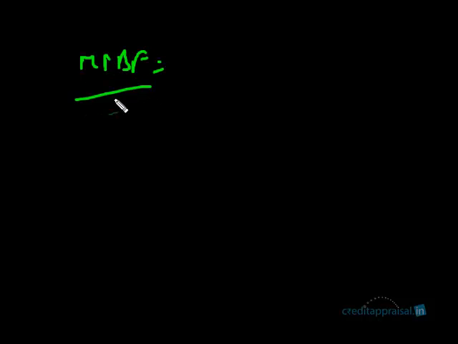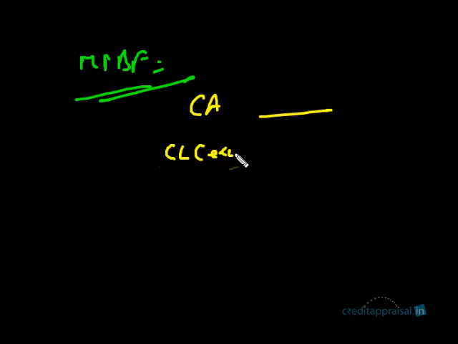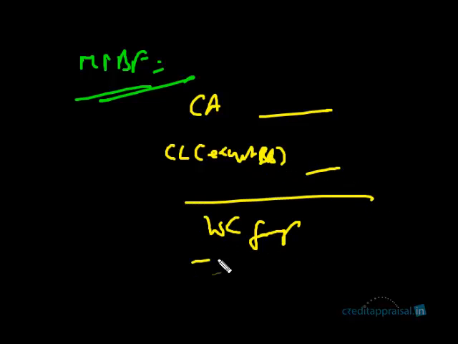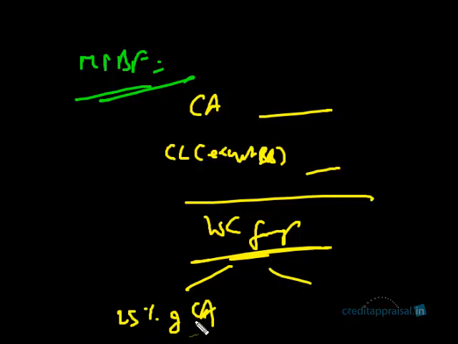For calculating MPBF, what did we do? We said what is the total of current assets. Then we said what are all the current liabilities except bank borrowings. Then we found out the difference, something called the working capital gap. Based on this, we said you bring some margin. Let us say the minimum margin is 25% of current assets. Then the bank will finance the balance portion, the working capital gap minus this portion. We have seen this in a previous chapter.